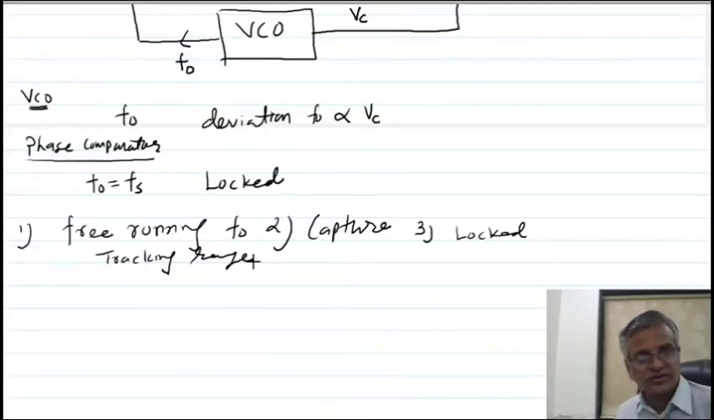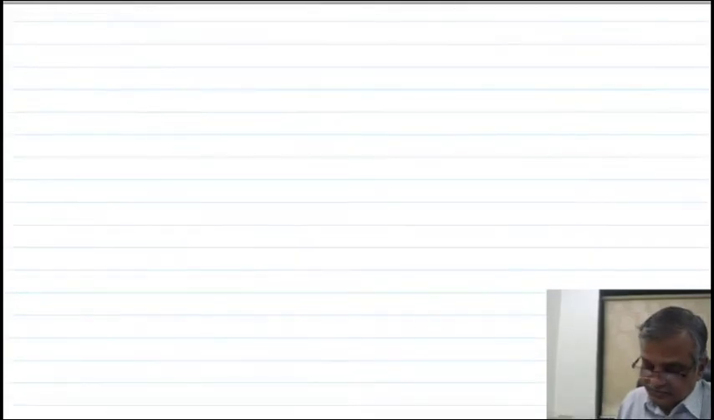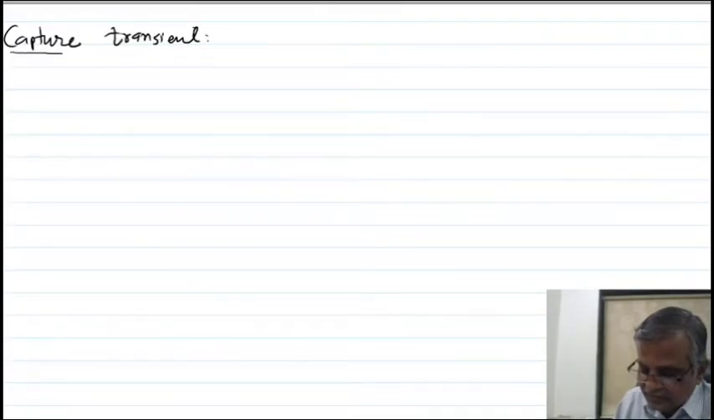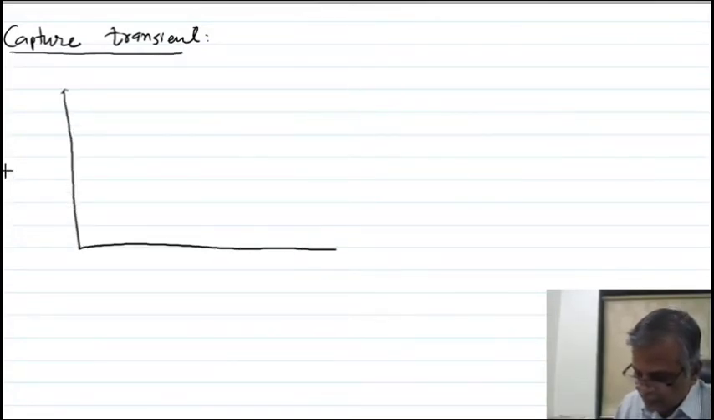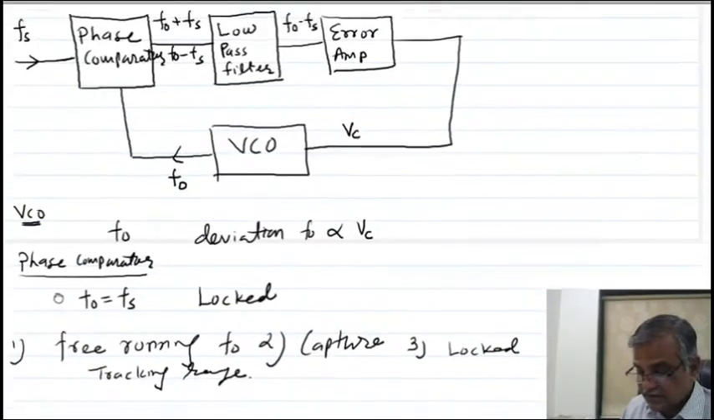I think you understand this much of the discussion. Now I am discussing the capture transient. I am showing you the output of the low pass filter. This is the input frequency range F. Listen now, as the capture starts,